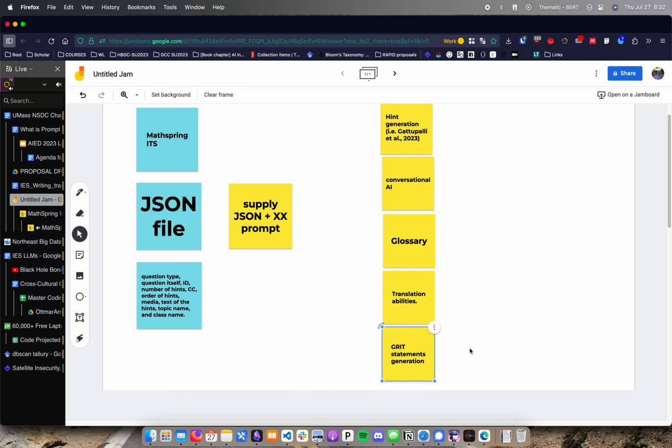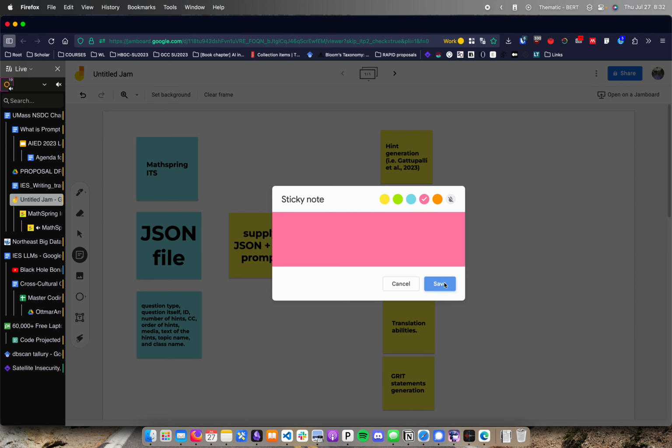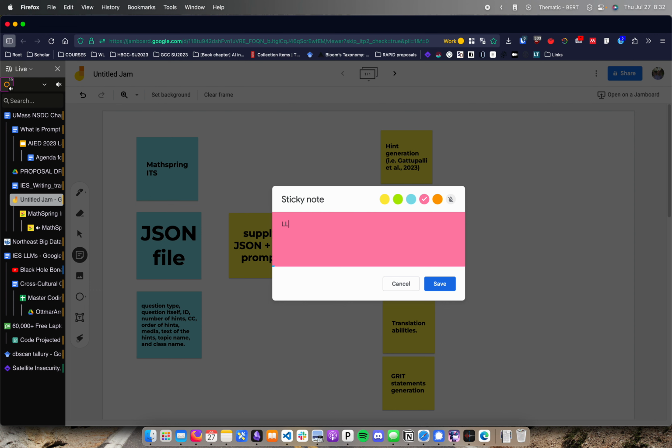We already use this in MathSpring and also in usable math, so we have that ready. So the prompt is tailored according to the outcome of the output, but the prompt always has to go through the black box, right? And for that reason, I'm going to create a new color, and this is the color that essentially is the Llama 17 billion parameter model,